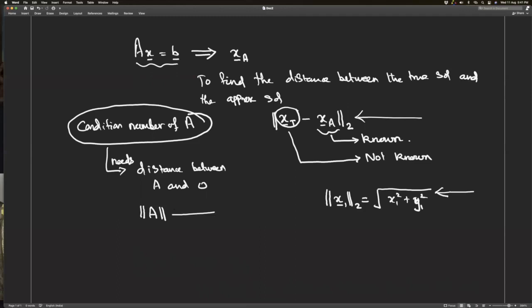Similarly, we need a formula to also find this quantity. But it is not clear or intuitive how to define this number, which in a sense resembles the distance between the matrix A and the zero matrix. In fact, we have to adopt this definition in a rather meaningful way, so that when you restrict A to a vector, it should naturally go back and resemble your definition of the distance. So how to bring out this definition is the question.